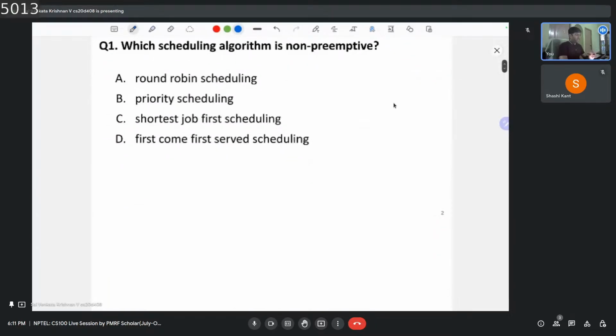Which scheduling algorithm is non-preemptive? This is question 1. We are given a list of scheduling algorithms: round robin scheduling, priority scheduling, shortest job first scheduling, first come first served scheduling. And out of these four algorithms, which one is non-preemptive? So non-preemptive, as in